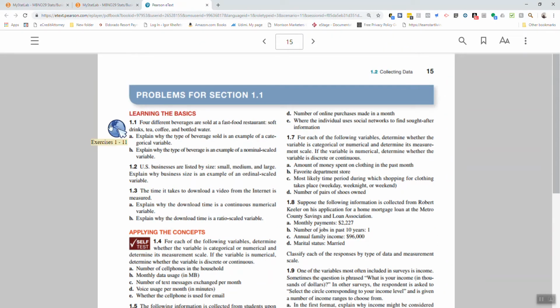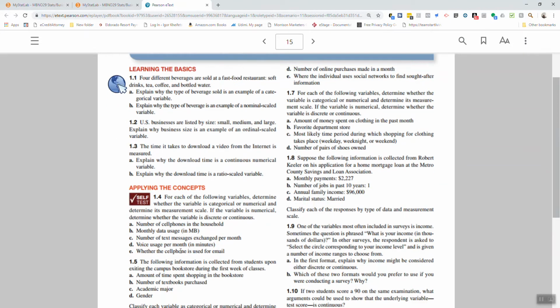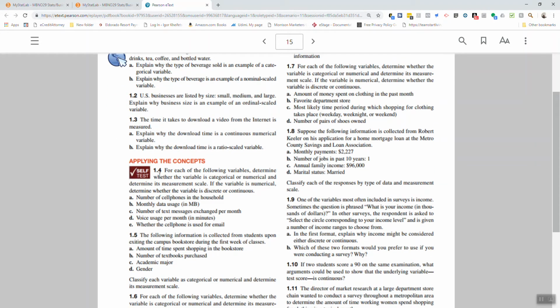Now, this symbol here will take you out to some practice problems, and these practice problems will not have any type of effect on the homework that you do in my stat lab. It'll look just like it, but it won't have any type of effect on those grades. So if I want to look at a problem that's similar to section 1.1 number 4 in the textbook, which is going to be similar to problem number 1